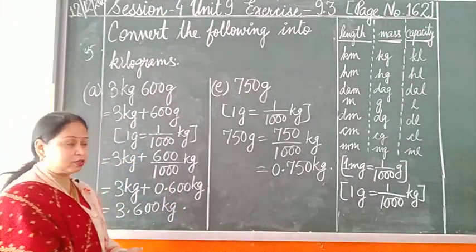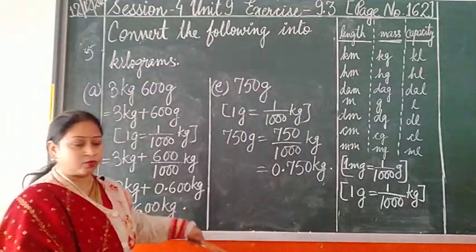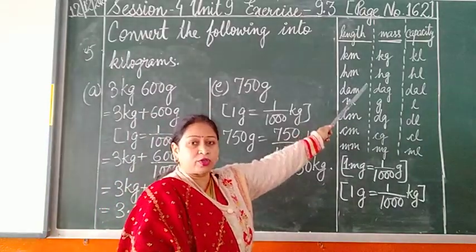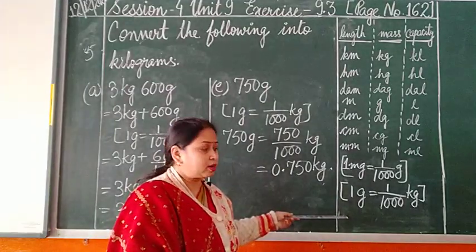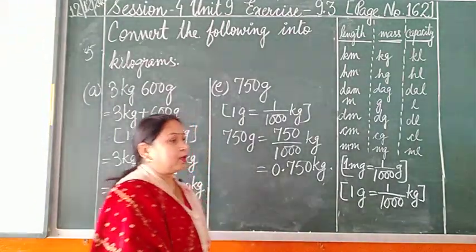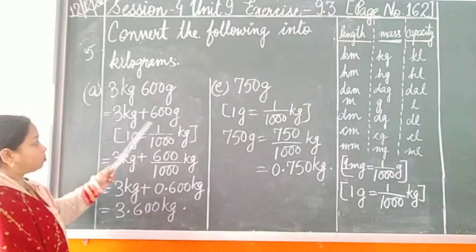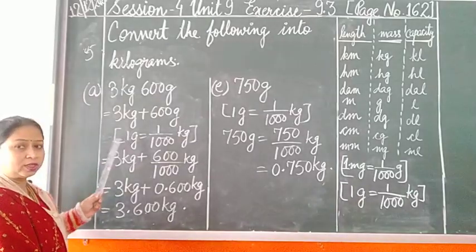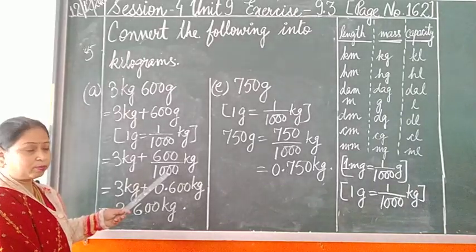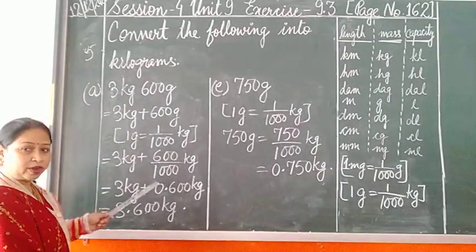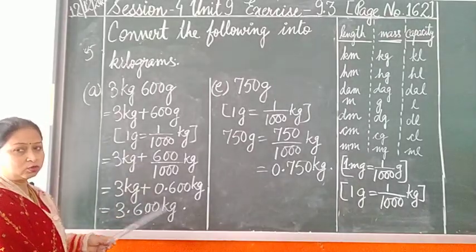Okay, I will revise it with you all. 3 kg 600 gram is given to you. We know how to convert this. From gram we have to move to kg. We saw that we have to jump 3 places. So, conversion will be 1 gram equal to 1 upon 1000 kg, and we are going to place this conversion for these questions. So, 3 kg plus 600 gram, kg remains over there as it is without any conversion. 600 gram will be converted by dividing by 1000. So, while you divide this, it will change to 0.600 kg. So, it will be 3.600 kg.